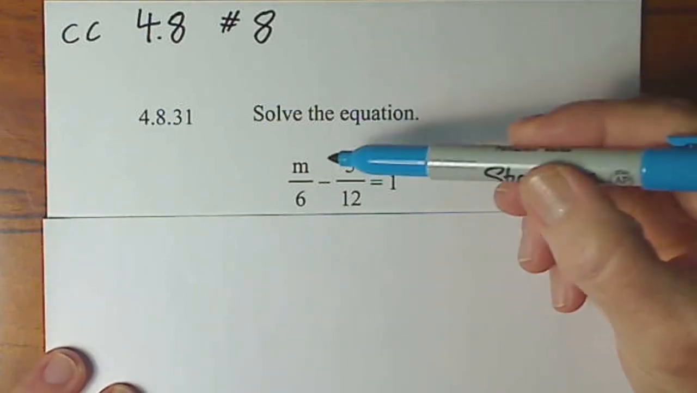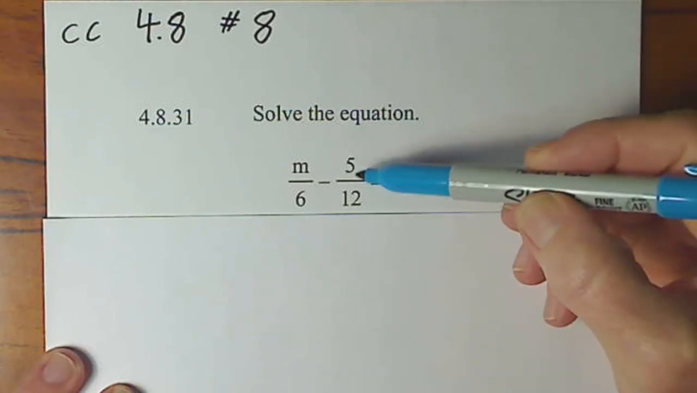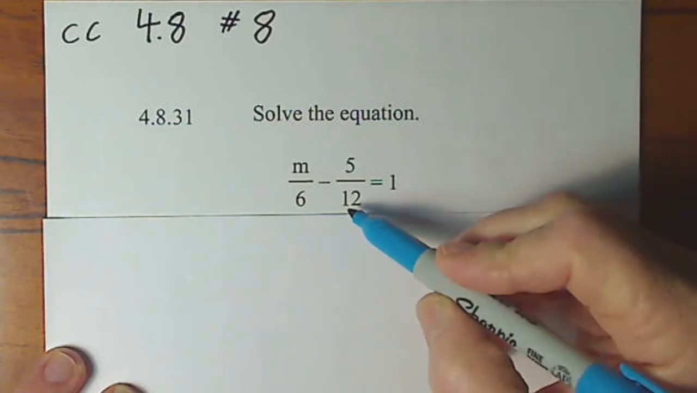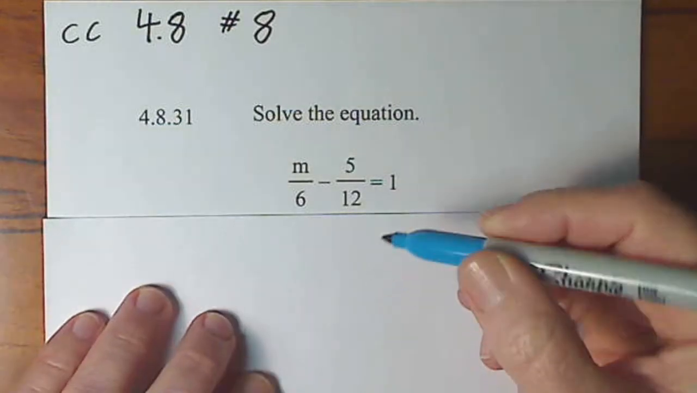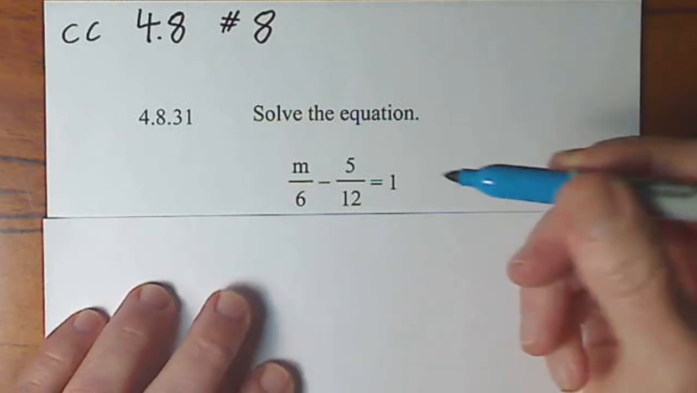To solve this equation, that means we want to get m by itself. I want to get rid of a negative 5/12. I also want to get rid of that 6. To get rid of this negative 5/12, it's held there by addition or subtraction, so the opposite operation is achieved